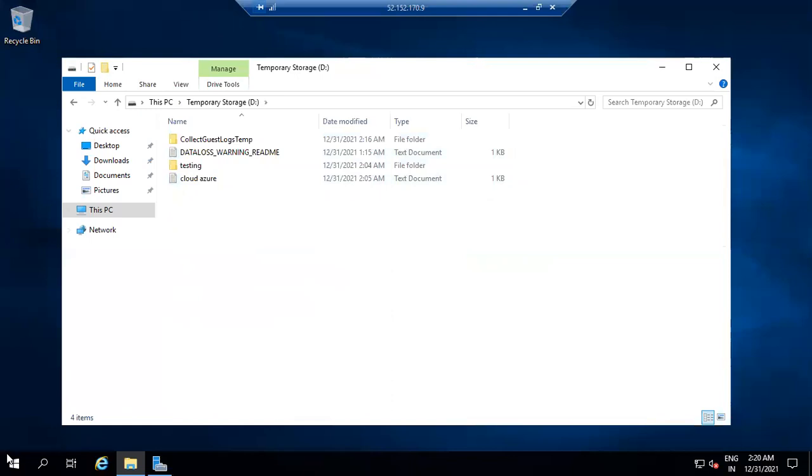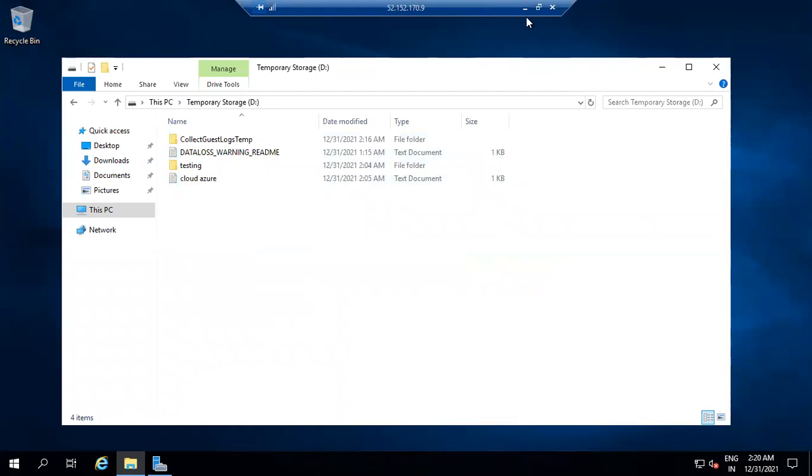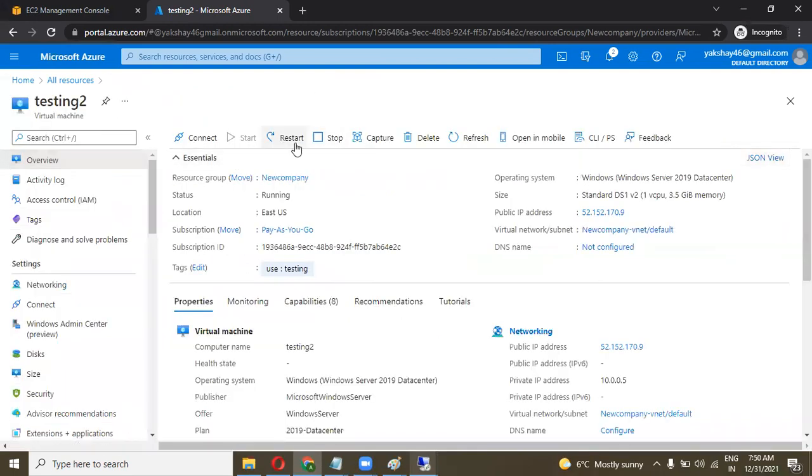If I restart from the inside, then my data is safe. If I restart from the panel, if I click on that, then my data is lost.